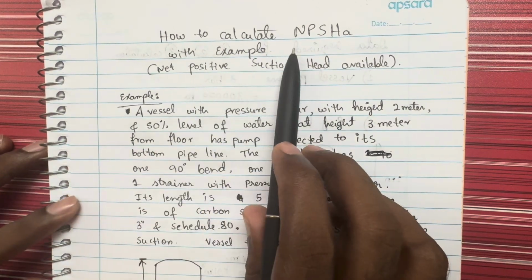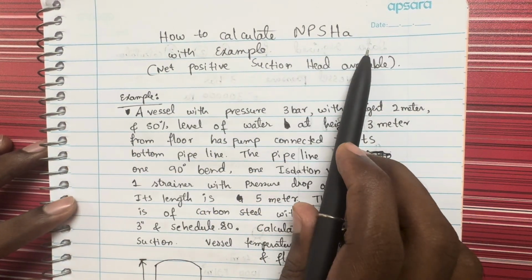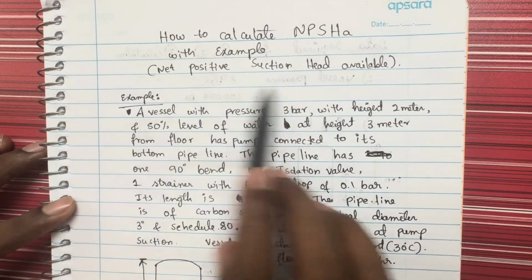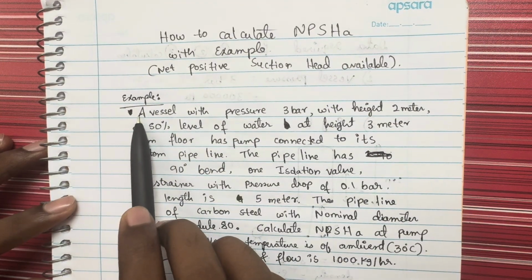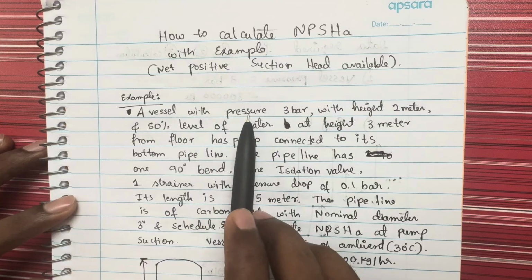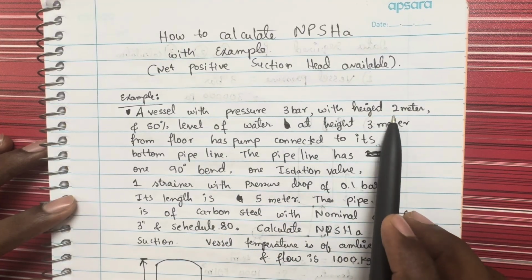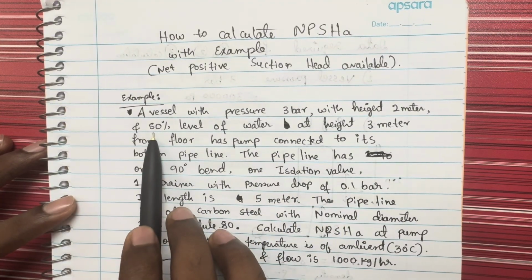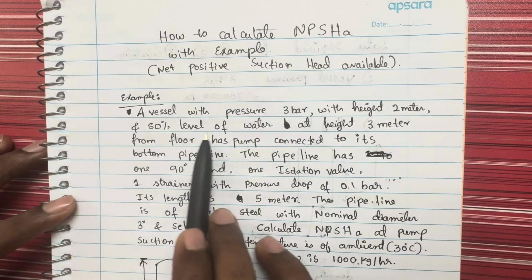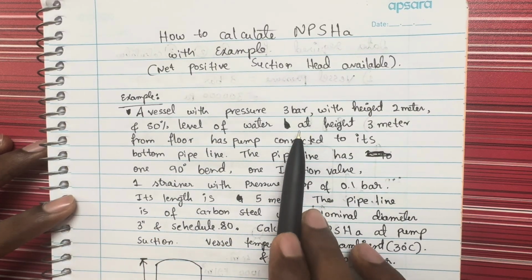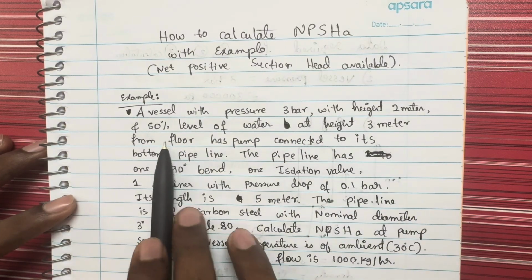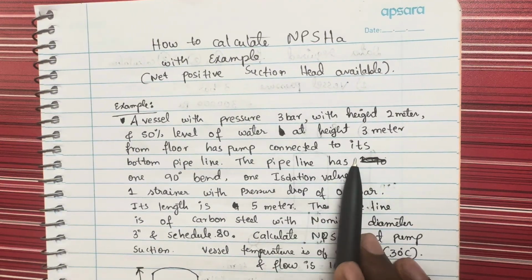How to calculate net positive suction head available. I will explain it with an example. Let's say a vessel with pressure 3 bar, with height of vessel 2 meter, and 50% of that vessel is filled with water, and the vessel is at the height of 3 meter from the floor, has a pump connected to its